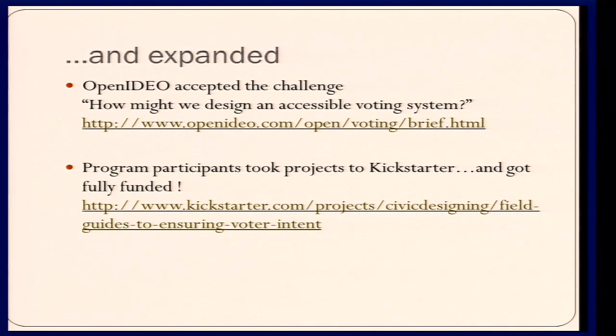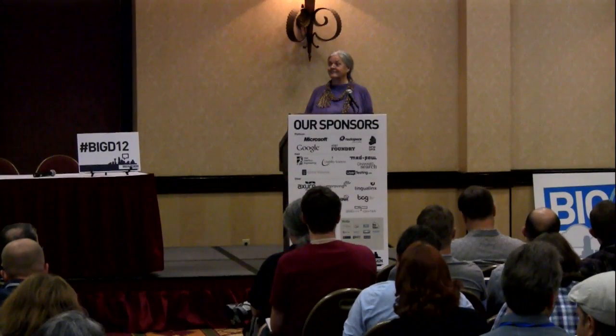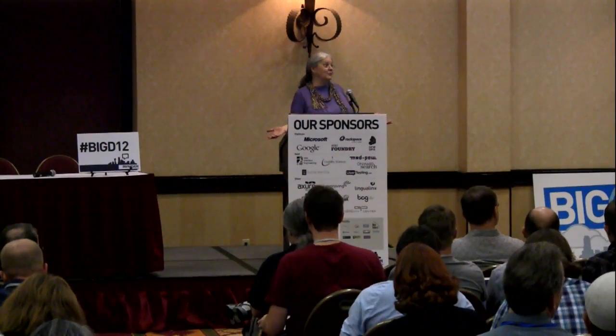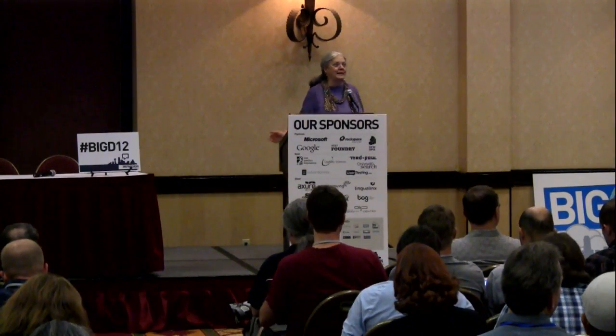And so they have started this online ability to take on design challenges and then crowdsource them, get people to participate. And they have a number of different challenges. And so Whitney worked with them to take on this challenge of how we might design an accessible voting system, and to post it as one of their challenges. But the problem was that their website was completely inaccessible for people with disabilities. And we had a number of people with disabilities that we wanted to hear from in this process.